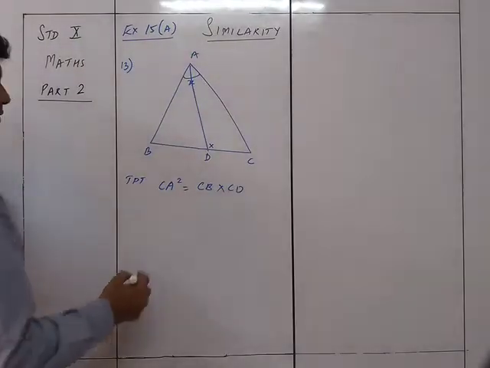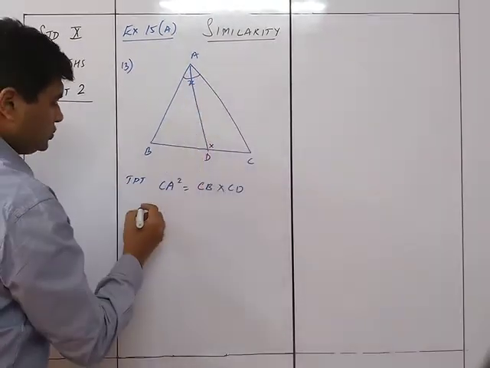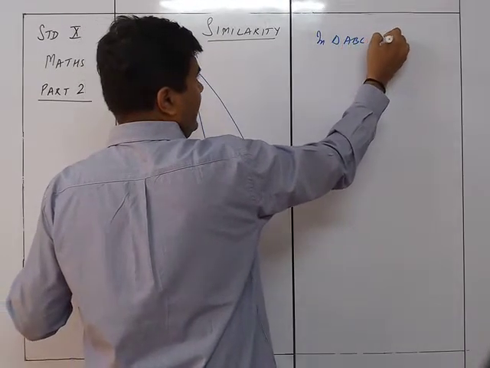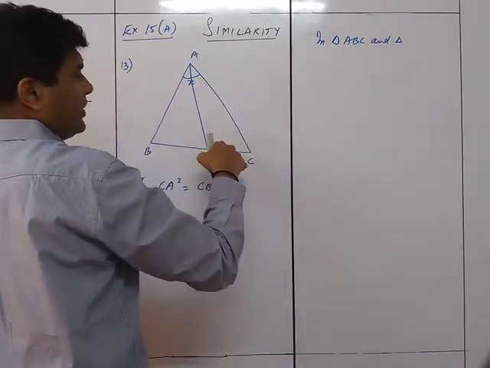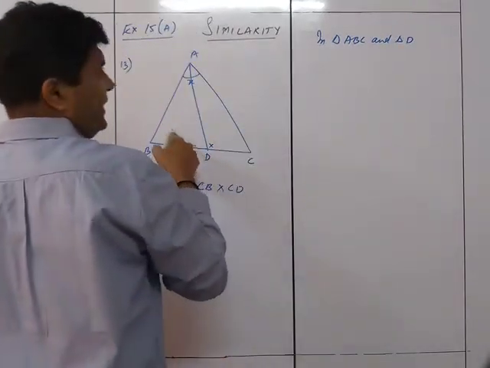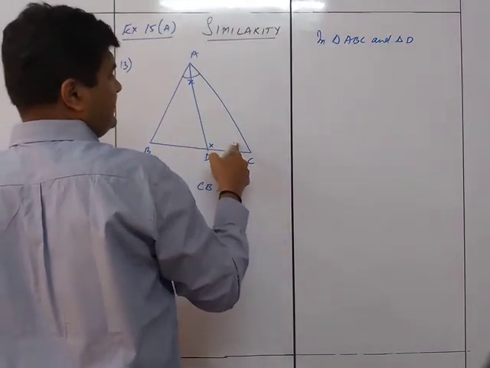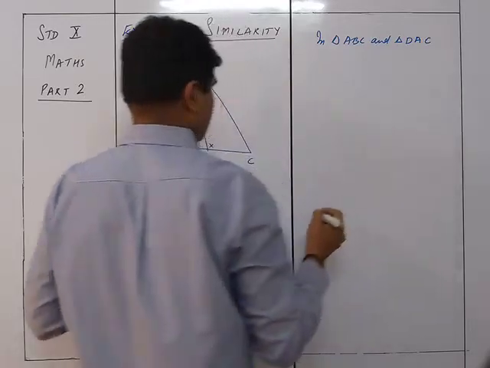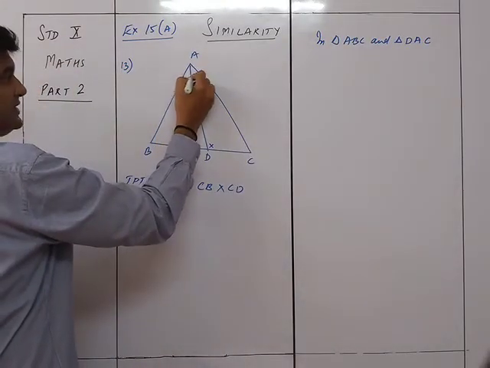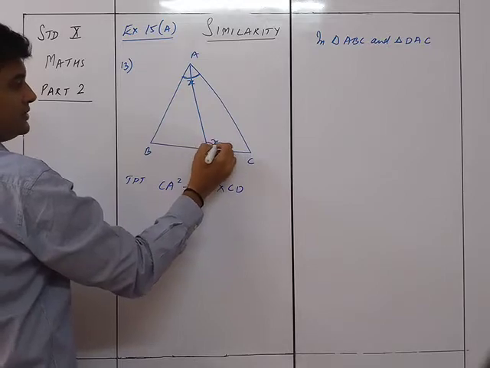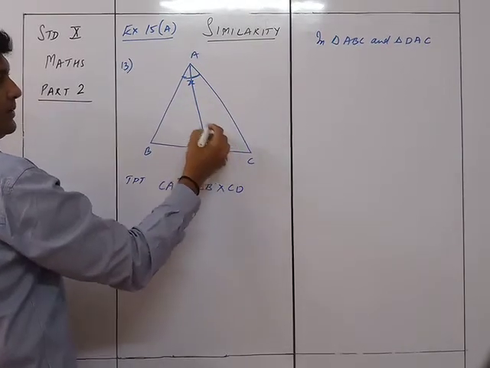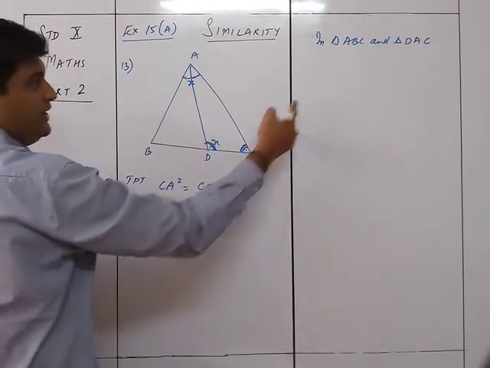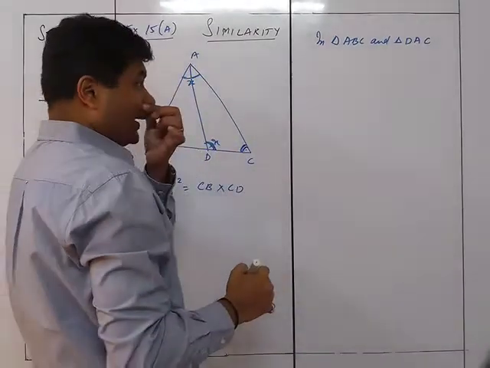So you're going to take the two triangles over here, the big one and the smaller one. In triangle ABC and triangle, A's corresponding is D here, and D corresponds to B here. C is the common thing over here, so before it A will come, so A and then C. Understood? This is A, which is X, and this is also X. So these two are the same correspondence. So A's corresponding will be D. C is the common angle between the two, so C will be C only. So the rest, B and A, will be accordingly placed.